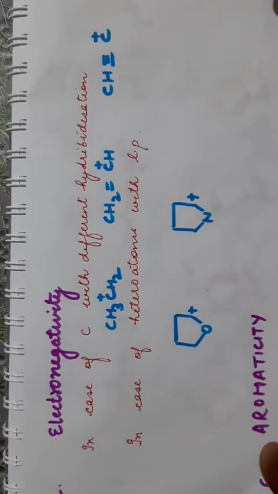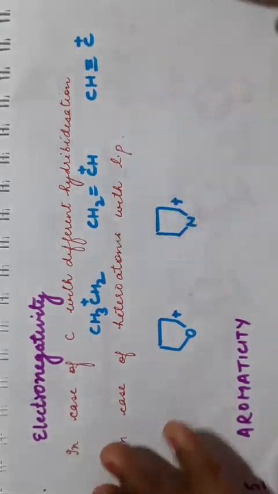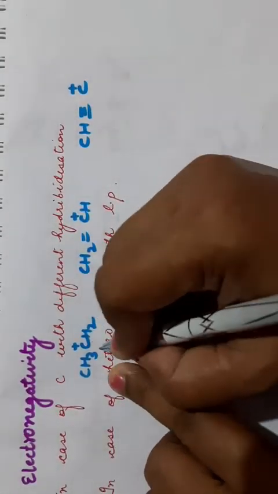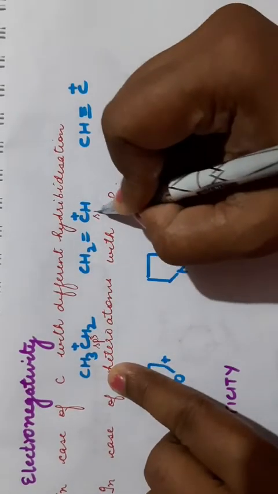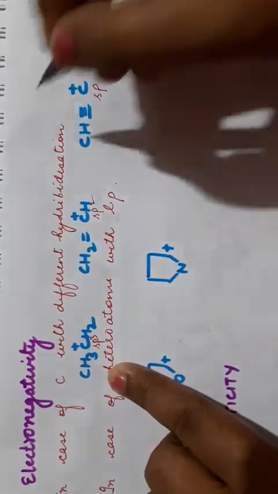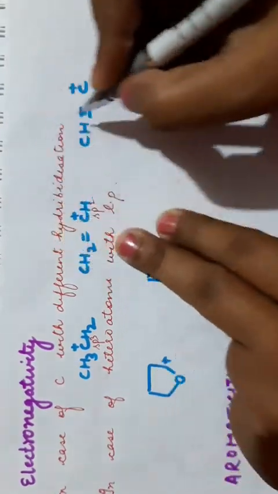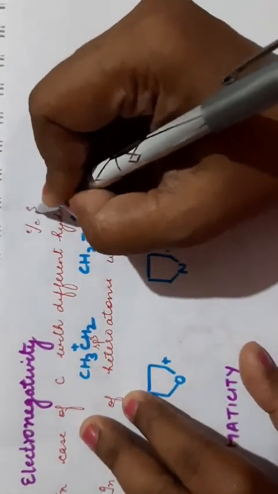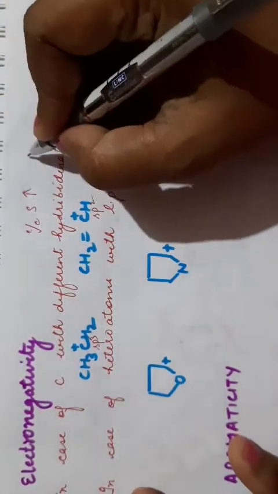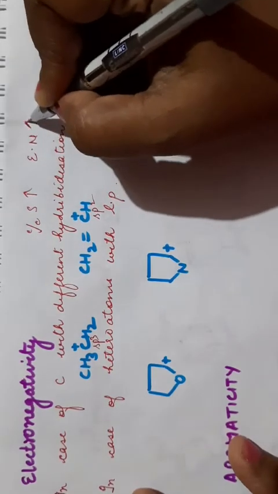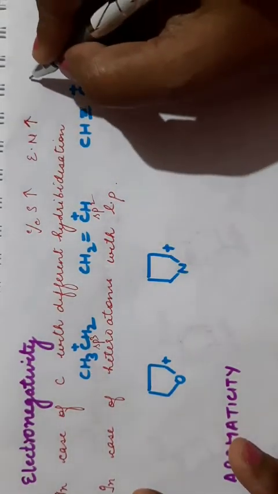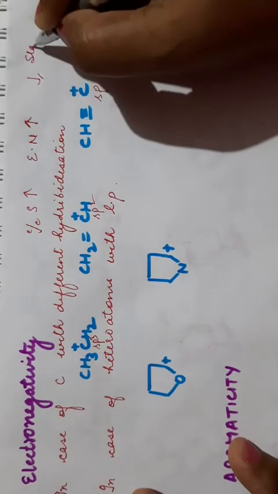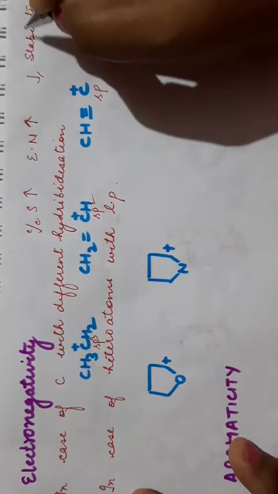Now coming to the fourth factor, that is electronegativity. If there are carbons with different hybridization, suppose we have taken this example, here it is sp3 hybridized, here it is sp2 and it is sp hybridized. As the hybridization changes from sp3 to sp2 to sp, percentage S character will increase. As the percentage S character increases, electronegativity increases. Electronegativity increases, so the stability of carbocation will decrease, because